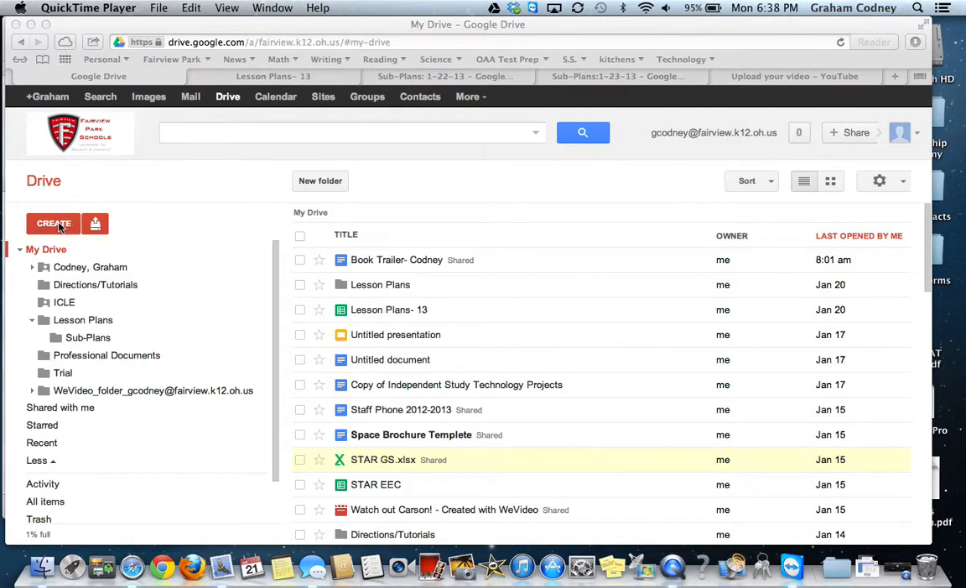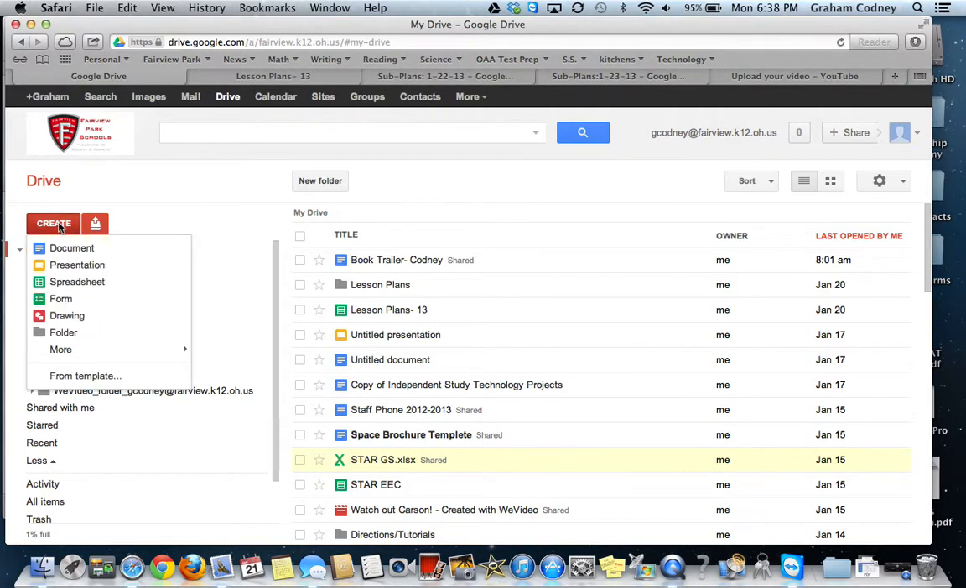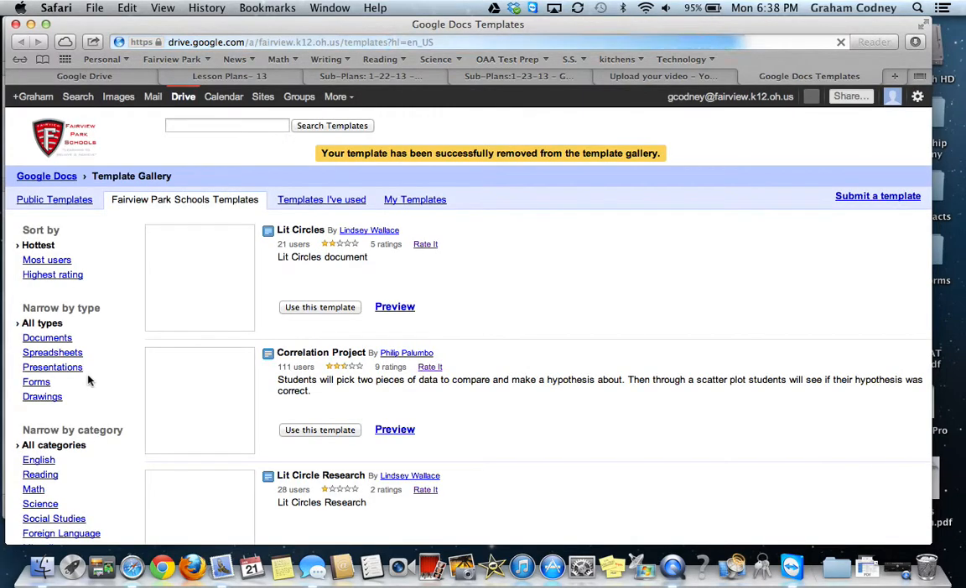From the Create button in Google Drive, if you click on it and go down to where it says From Template, it will take us to the Fairview Park Template Gallery. And these are preloaded templates that students or teachers have added. And what we want to be typing in is, and I'll zoom in for us to see,